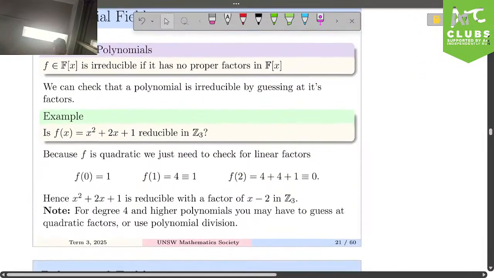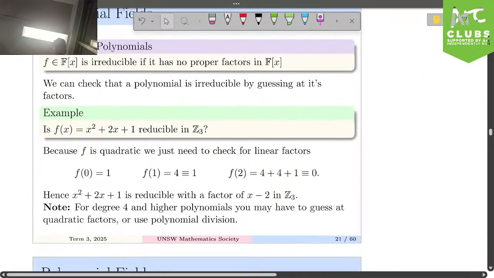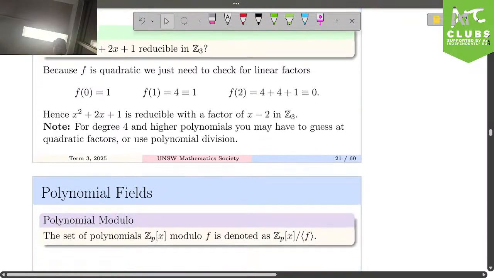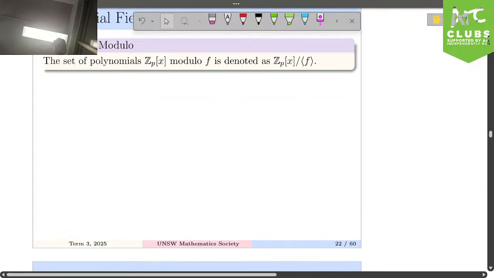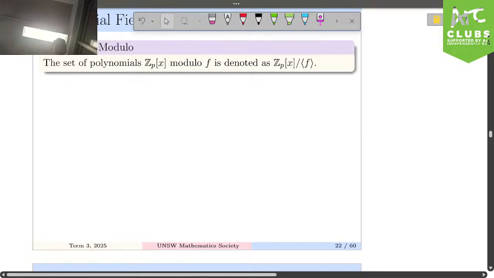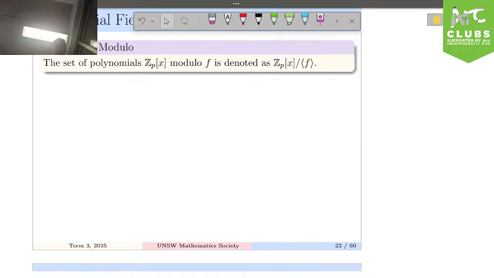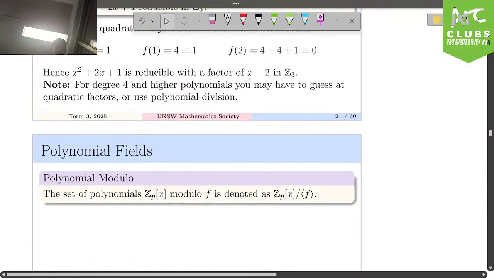And this is just what we say here. So that's what it means for a polynomial to be irreducible. I only go through that because we're going to see a lot of theorems where it's like, if this polynomial is irreducible, and I just wanted to make sure that we know what that is.